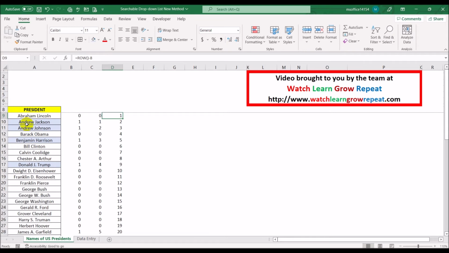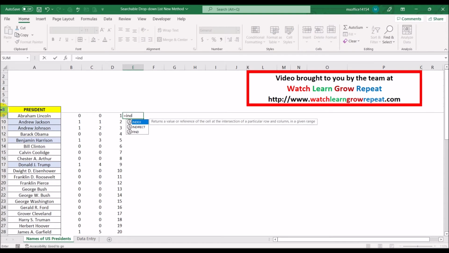So let's see how we do that. Because we are doing a lookup to the left, VLOOKUP will not work. So we have to use the INDEX and MATCH functions together. I had done a video some time back on how to use INDEX and MATCH together, but we'll just review it over here. So it's equal to INDEX,